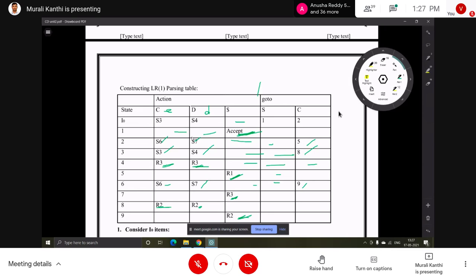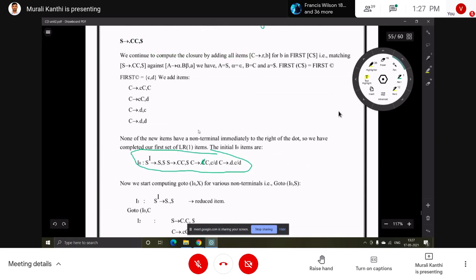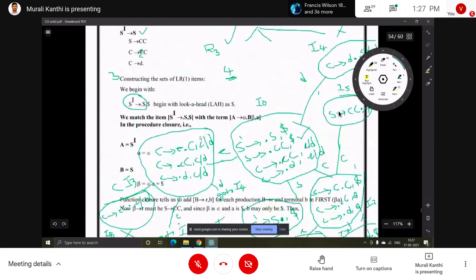Here the lookahead symbol is easier. It depends on the general form. If we follow that general form, the lookahead is combined with the general form, as first of beta a. Whatever we get will be the lookahead for that corresponding production. Lookaheads are calculated in the closure of the LR(1) item set. That is useful: instead of finding the first set and follow set, the lookahead symbol is easier.